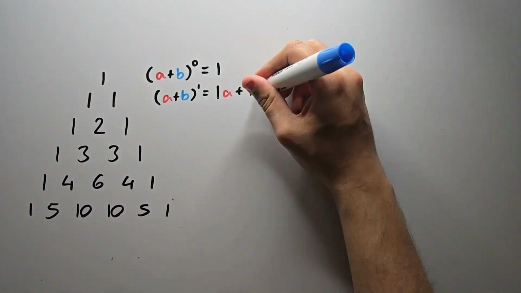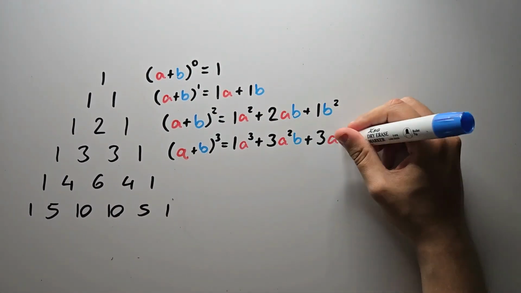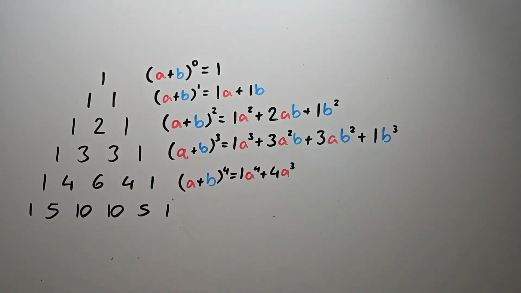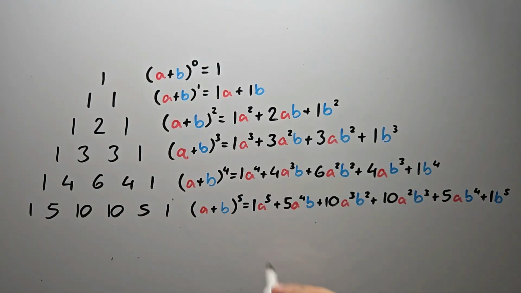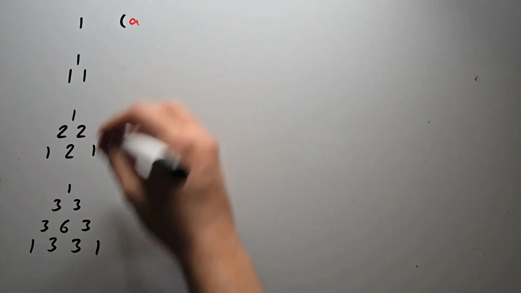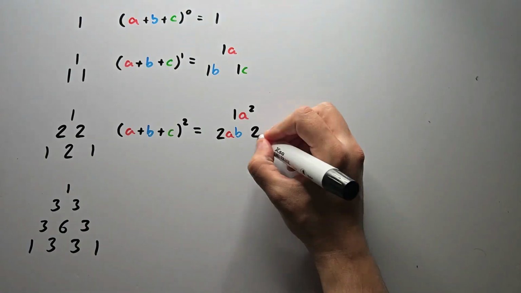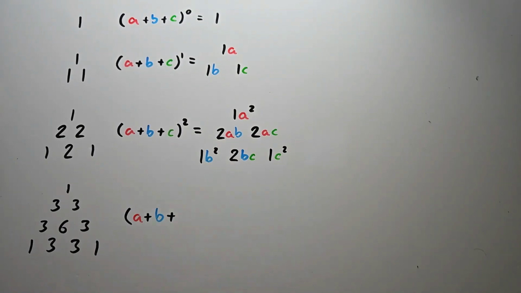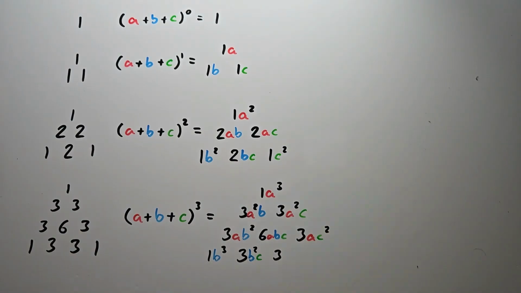Briefly looking back at Pascal's triangle, one such use we have of this is that it perfectly gives the coefficients of the binomial expansion, meaning that if we take a plus b and raise it to some power n, the coefficients we get out of that perfectly line up with the nth row of Pascal's triangle. Likewise, each layer of Pascal's tetrahedron gives us the coefficients of the trinomial expansion, meaning that if we take a plus b plus c and raise that to some power n,